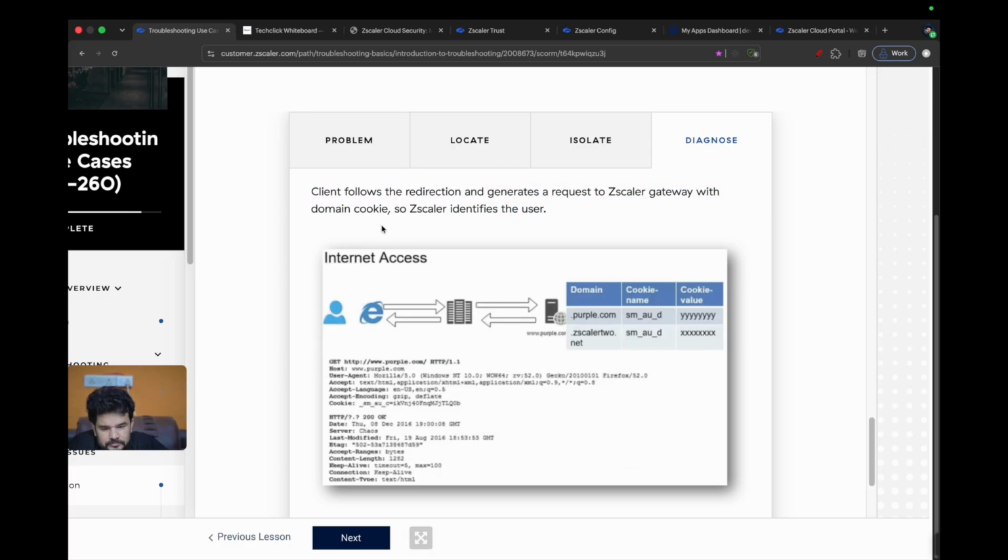Okay, you visited purple.com and zscaler2.com. The cookie name is the same on both, but the value is different. Okay, so the client follows the redirect and generates the request to the Zscaler gateway, right? Actually, when you are hitting on the browser, as I suppose